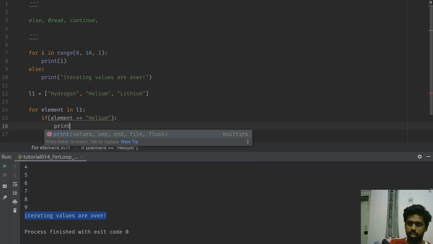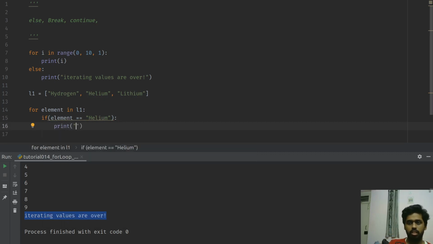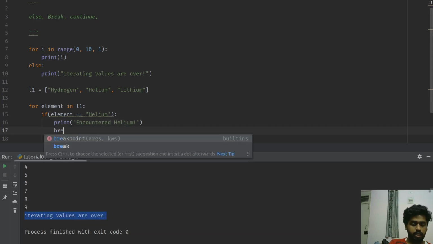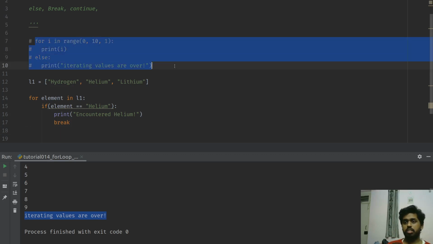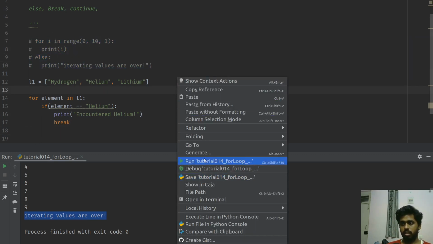Just to tell that I'm breaking the loop, I will say print encountered helium, and then I say break. Okay, check this out, I come in this part of the code. Now if I run this little piece of code,